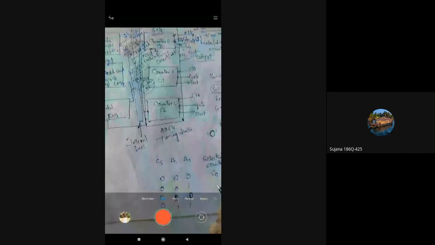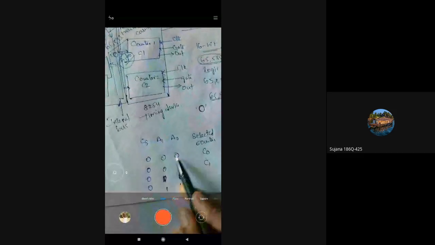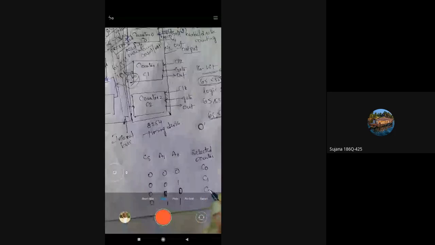If A1 reads 0 and A0 reads 1, then counter C2 is selected. Okay, counter C2 is selected.